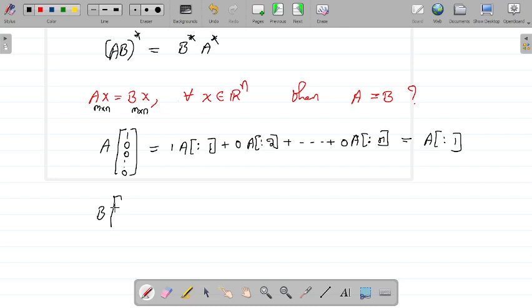Why? Because if you want to look at the first column of AB, let me see. The first column of AB is nothing but A times the first column of B. So now this will be same as A times the third column of B, since we know the first column and third column are same, so I'm going to replace with 3 here since they are equal. Now this is same as the third column of AB. So if columns of B are same, I can say that the columns of AB are also same.